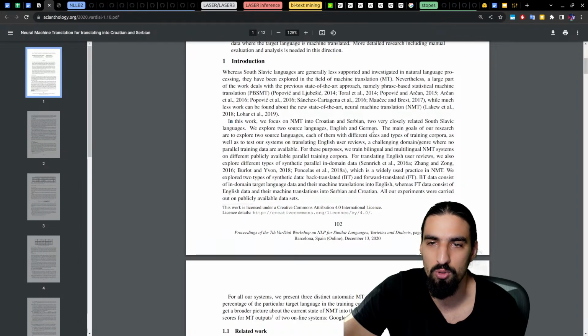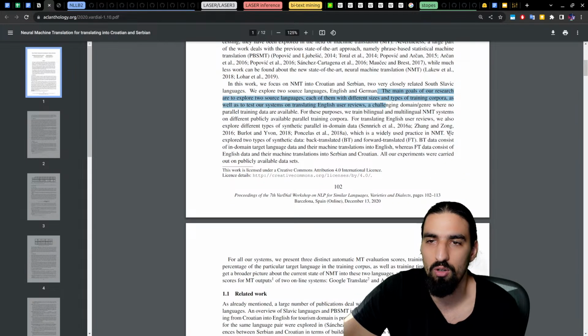We explore two source languages. The main goals of our research are to explore two source languages, each of them with different sizes and types of training corpora, as well as to test our systems on translating the English user reviews, a challenging domain genre where no parallel training data are available. For these purposes, we train bilingual and multilingual systems. For translating English user reviews, we also explore different types of synthetic parallel in-domain data, which is a widely used